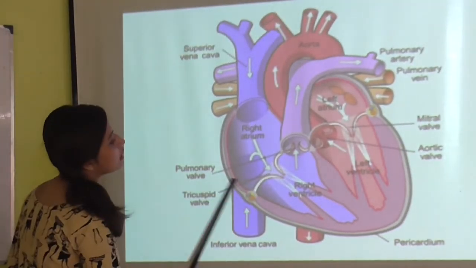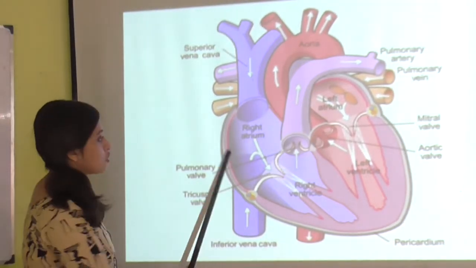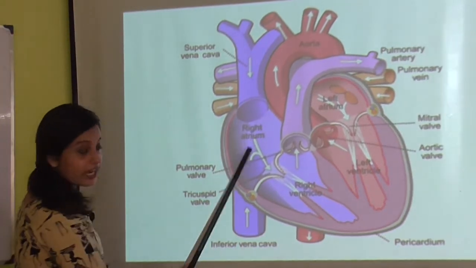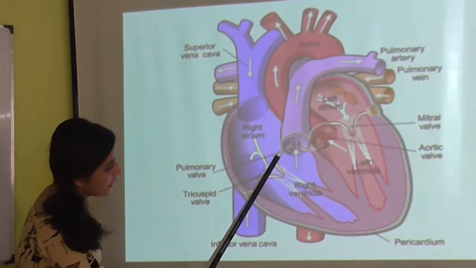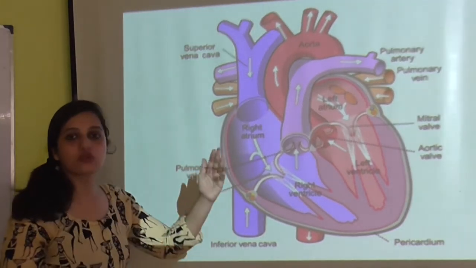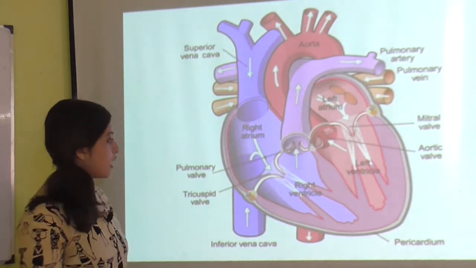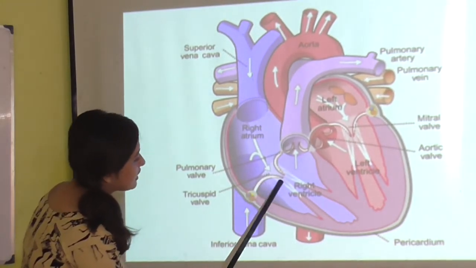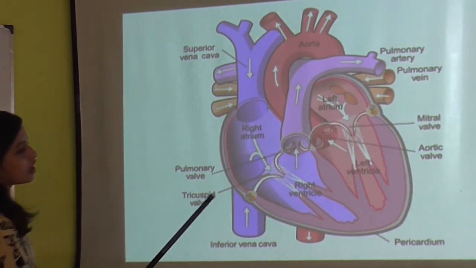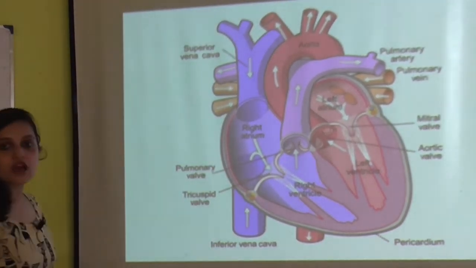The right auricle will always carry the deoxygenated blood. After coming here, what will happen? It is going to give a lot of pressure on these three things. What are these three things? It's like a door. If you push the door, then you enter the class or a room. So here is a door, and this door is known as the tricuspid valve, since there are 3 valves present and hence it is known as the tricuspid valve.